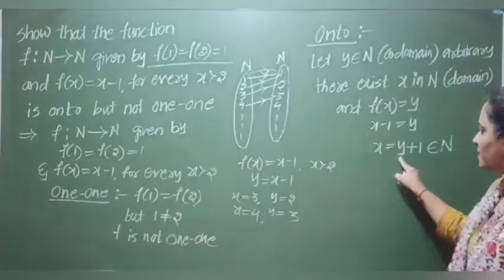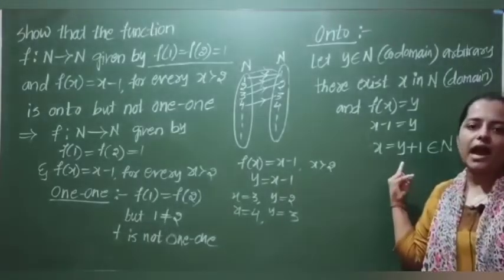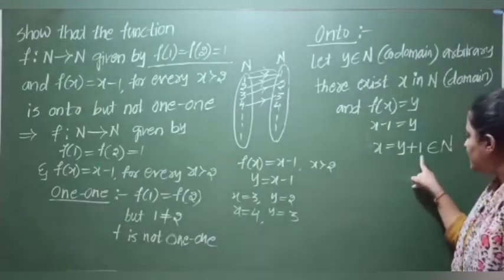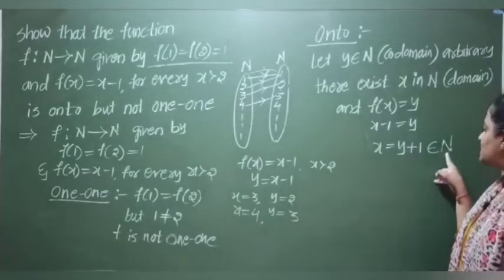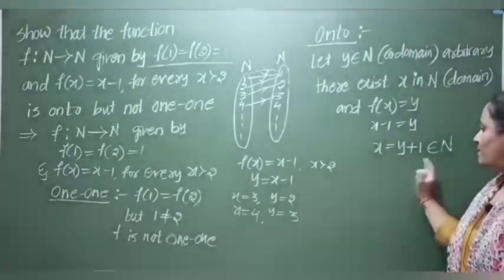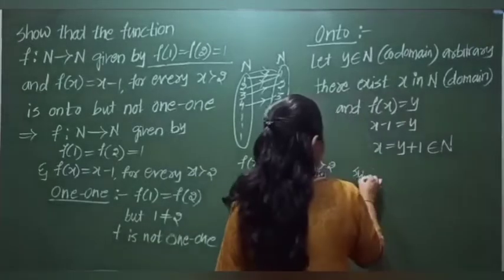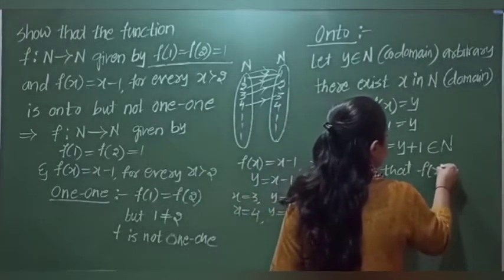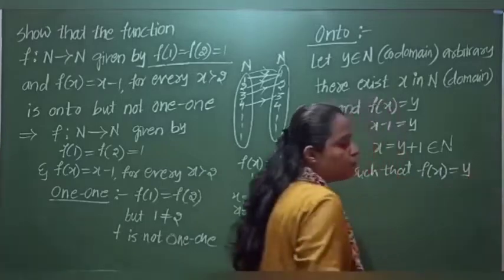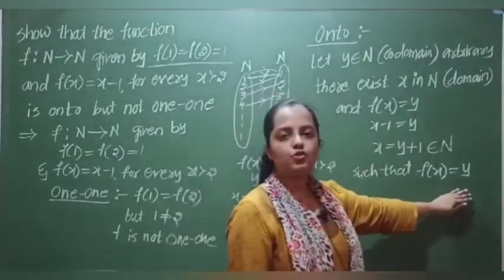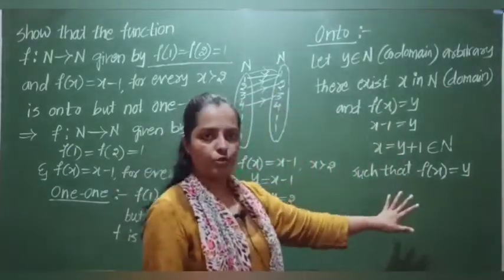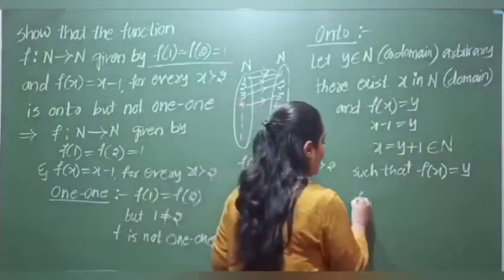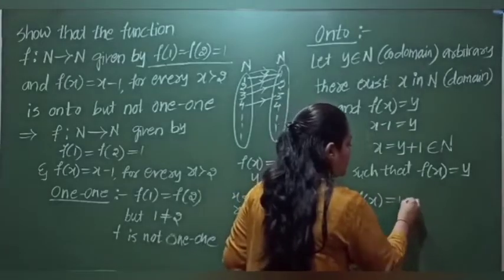This obviously belongs to natural number. Here see, y is a natural number. Any natural number, if you add 1, it will obviously be inside natural numbers, right? So y plus 1, y is any natural number. x also belongs to the natural number such that f of x is equal to y. Okay, such that f of x, what did we get? We got y. You can also prove that f of x is equal to y, or else you can write this much, this is okay. Here we have to prove that f of x is equal to y.